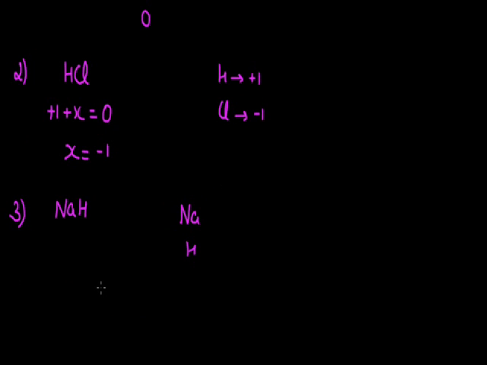So here the oxidation state of sodium we will put as +1, and the oxidation state of hydrogen will be calculated by considering the value X. The total charge of this compound is 0, so from here the value of X will be -1. Here we can see that in the very first example hydrogen was showing the oxidation state +1, and in the second example it's showing the oxidation state -1. So these are the things we can calculate, but while calculating we are to consider the priority order of these elements. Now if we take some more examples for this.